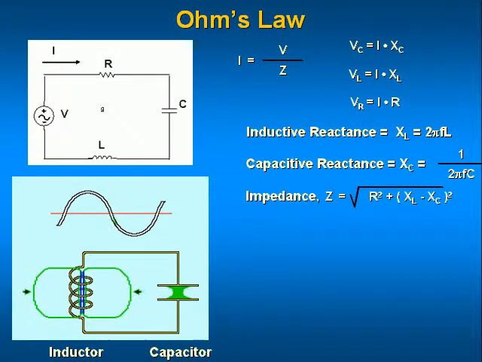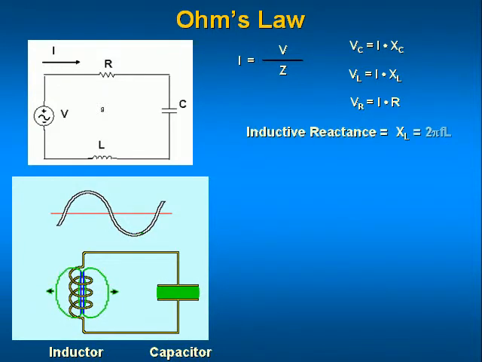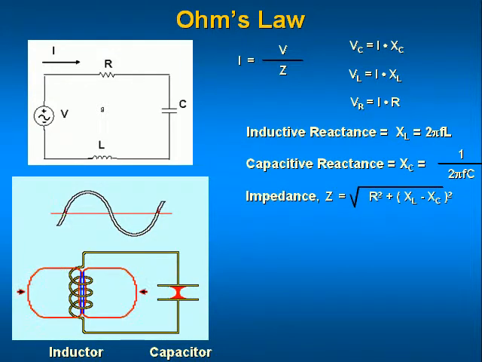Ohm's law is used in AC circuits to predict currents and voltages just as it was applied to DC circuits. The application of Ohm's law to steady-state AC circuits is illustrated in this slide. 3 new terms are defined: inductive reactance, X sub L, capacitive reactance, X sub C, and impedance, Z. How these terms relate to inductance L, capacitance C, frequency, and each other is presented in equation form on this